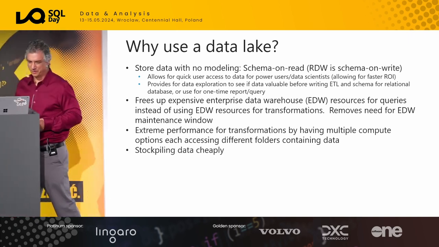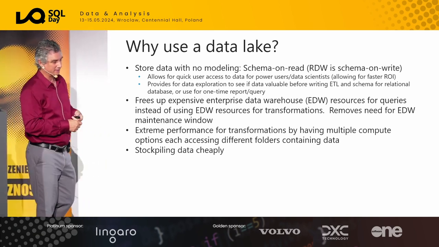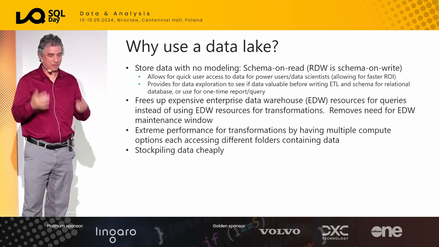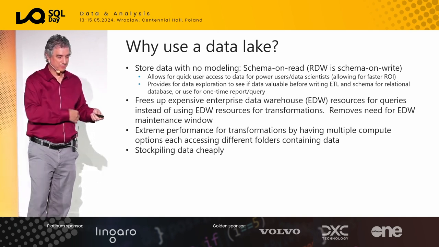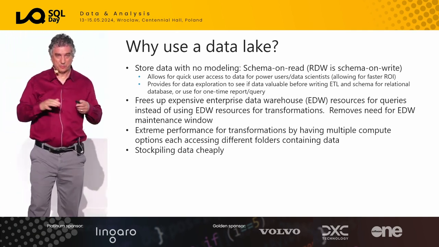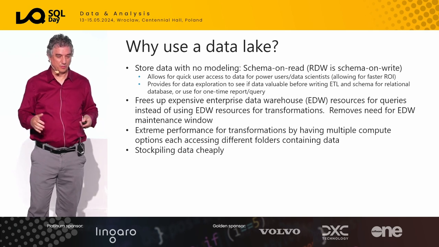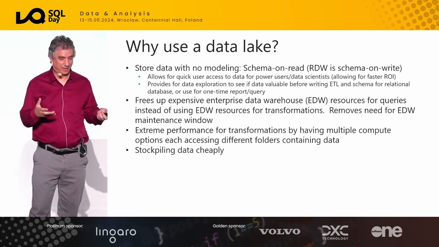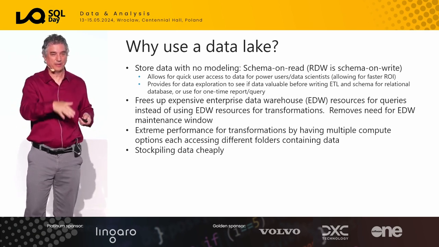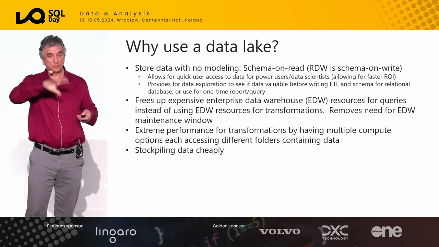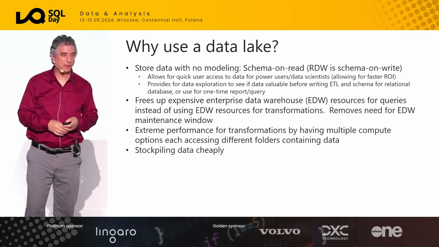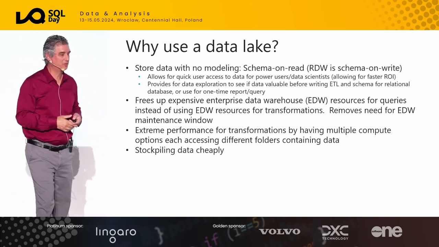The other one is because a data lake is so cheap, I can stockpile data in there. The cost for a data lake storage is extremely cheap, especially compared to the compute. So I see a lot of customers are going to say, well, I have this data from some IoT device. I don't know if it's useful, but I'm going to put it in the data lake and check it out later and see if it's useful. You would never do that with a relational data warehouse because you're limited on the storage and then performance problems, but a data lake, just throw everything in there because it's so cheap.